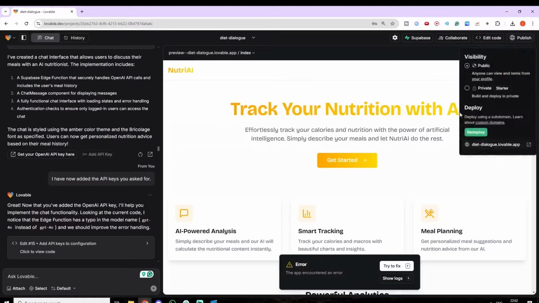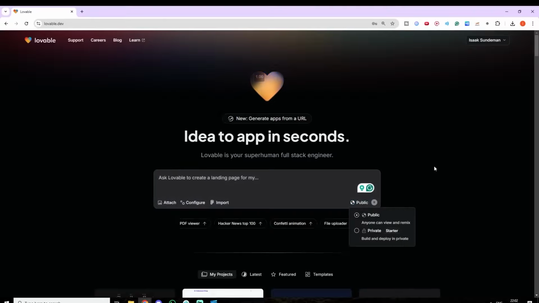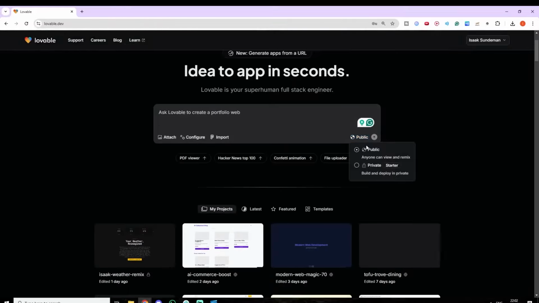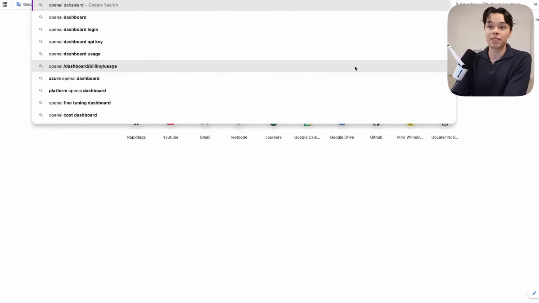But yeah, either way, if you want to change it, just go over here. You do have to be on the starter plan to be able to create private projects, and you can change it over here, or you can change it once you have created the project to a private project as well. So I'm just going to go over to OpenAI, and then I'm going to type dashboard, and you